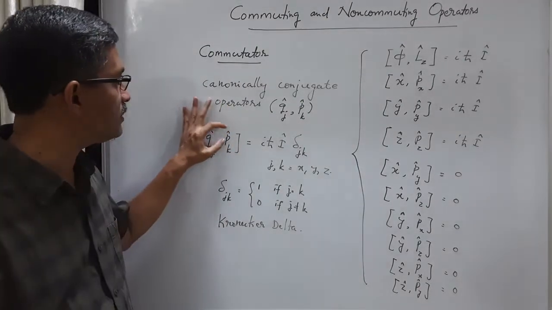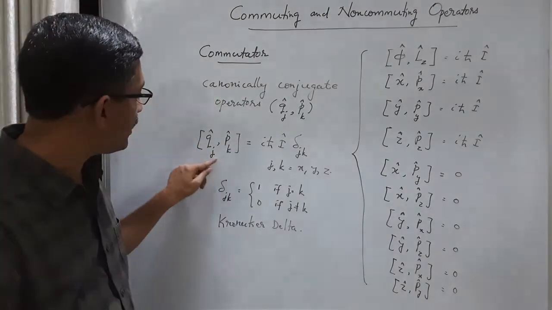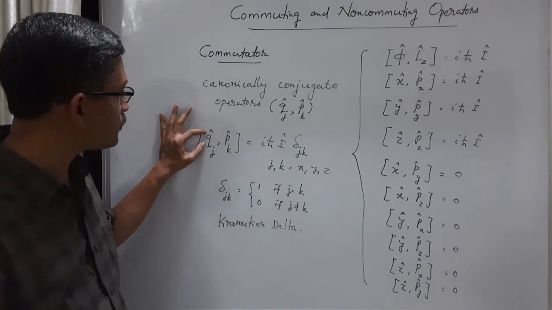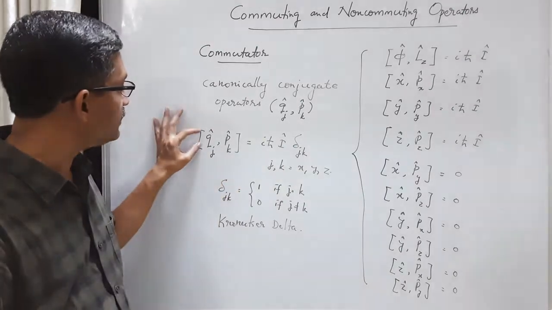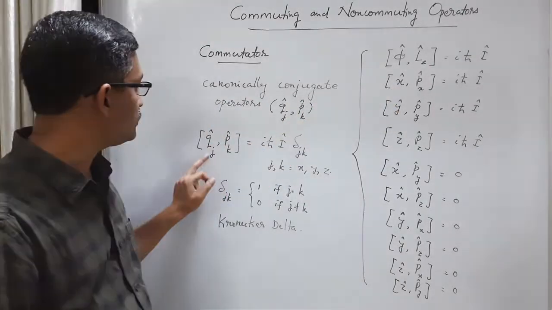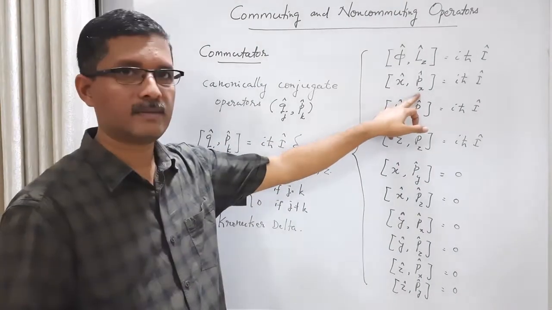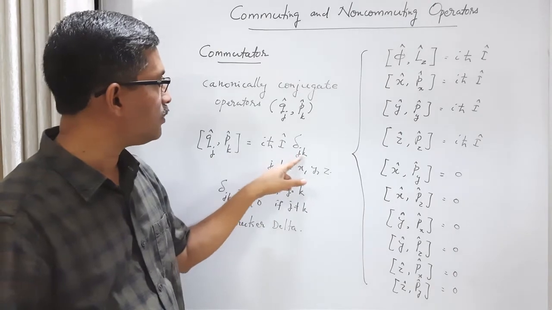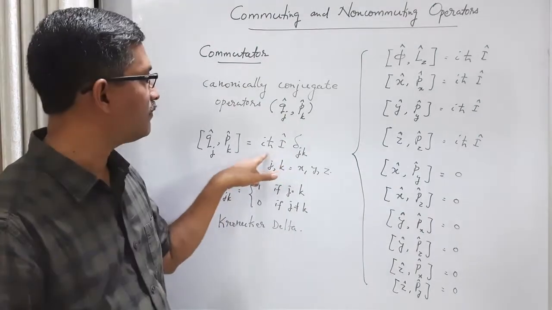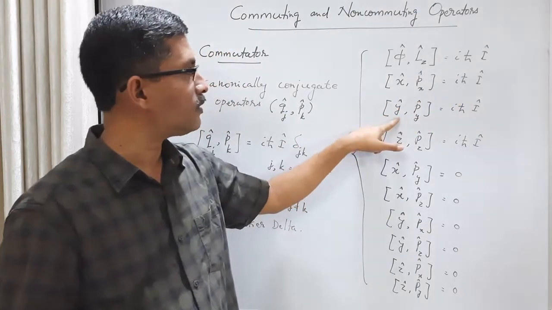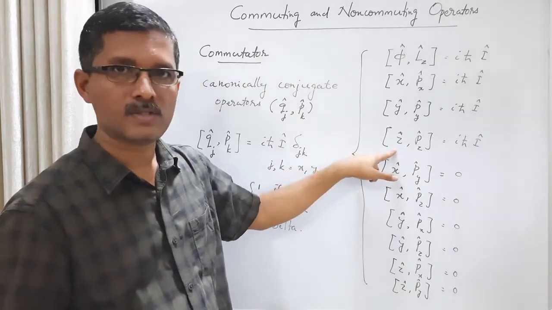If this is position, this is linear momentum. If this is an angle, this is angular momentum. Now regarding this suffix, suppose this is position along x, j is equal to x, and suppose k is also x, so pk is also representing x. And what is the result? When j is equal to k is equal to x, the Kronecker delta gives 1, and we get iħ times identity. It is the same for this, where j is equal to k is equal to y, and j is equal to k is equal to z.